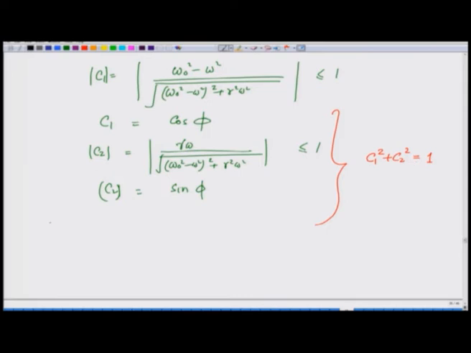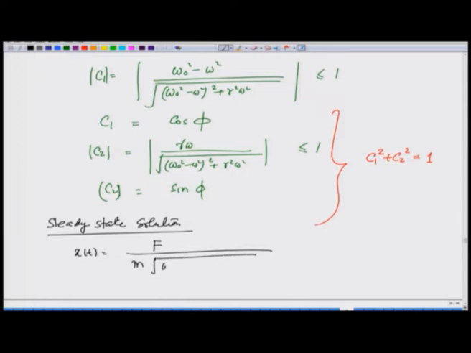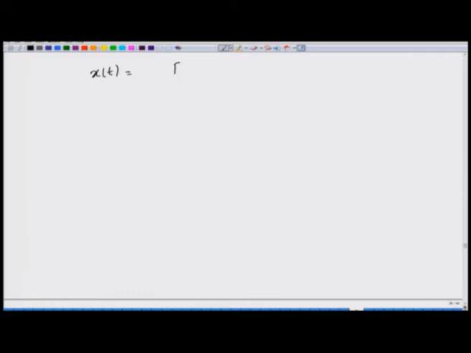And therefore, my steady state solution is x(t) equals F over m square root of omega 0 square minus omega square, whole square, plus gamma square omega square, times cosine of omega t cosine of phi plus sine of omega t sine of phi, which can be written as x(t) equals F over m square root of omega 0 square minus omega square, whole square, plus gamma square omega square, times cosine of omega t minus phi,